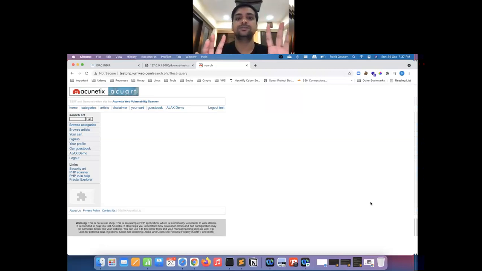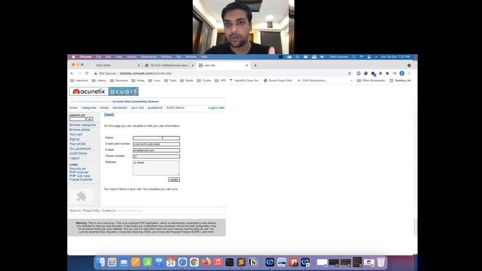All right, so we know now that we should identify such forms where you can save your data. Everyone must be aware of the very simple basic functionality that comes in all applications: saving your profile details, right? Let me go to my profile, and here I can see there is a form which collects my details: first name, last name, credit card number, phone number, address. And you know that when we save our data there, it gets stored onto the server. So this can be a potential injection point for me to identify stored XSS.